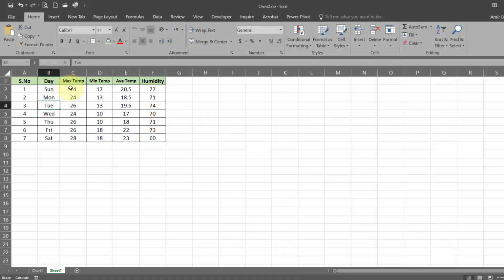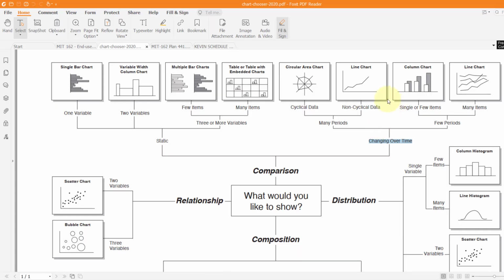So our data here also changes with the day or date. And thirdly, we have single or few items. We don't have a lot of categories or items. So this is the best option for us at the moment, the column chart.